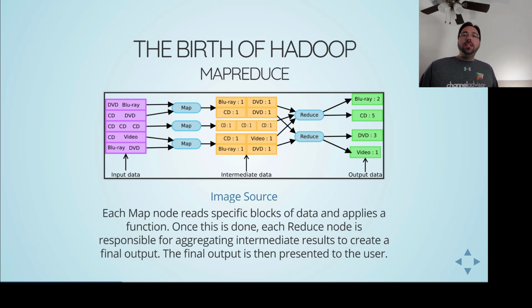So we have all of these different types of media, and we have a lot of details about those media. We have the title, the price, we have the time that somebody bought it, we have the specific medium, we have the SKU. We've got all of these different things, and that's all stored in big files. But today, all I want is to know how many of each media type was sold during a particular time